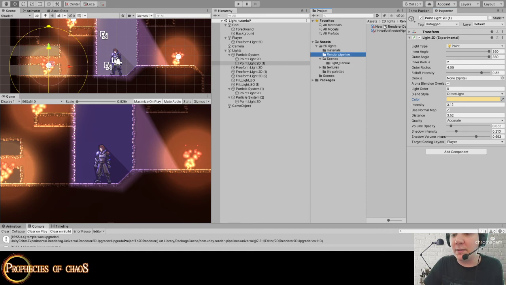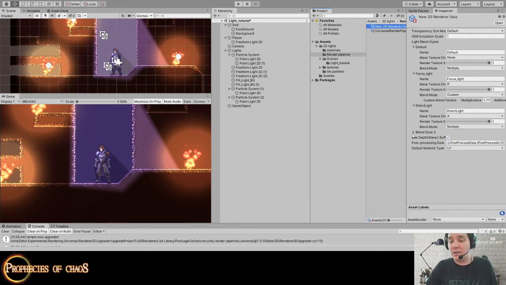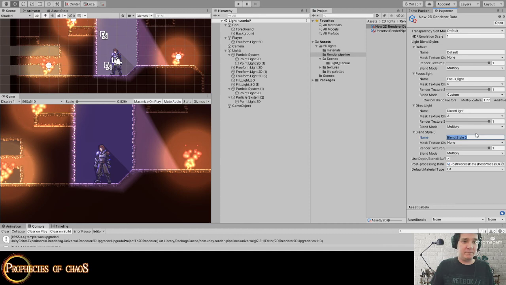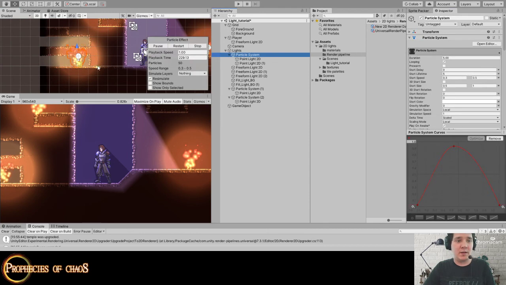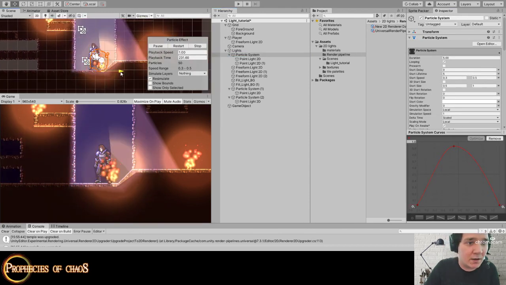We're going to go to the render pipeline. We are going to create this new light called silhouette or control light. Yeah, control light is okay, it works for me. Going to use the same one that we are using here, but we are going to use custom. We are going to use -1. So if I go here and put this here in the player,